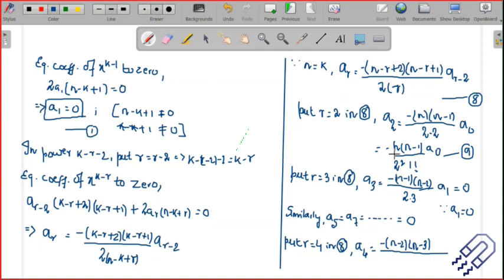A2 we have already found out, so let's replace whatever we got in a2. You know a2 is minus of n into n minus 1, so this will become plus, and then I will have an n here, and an n minus 1 here, and then a naught, which is going to be common everywhere, divided by